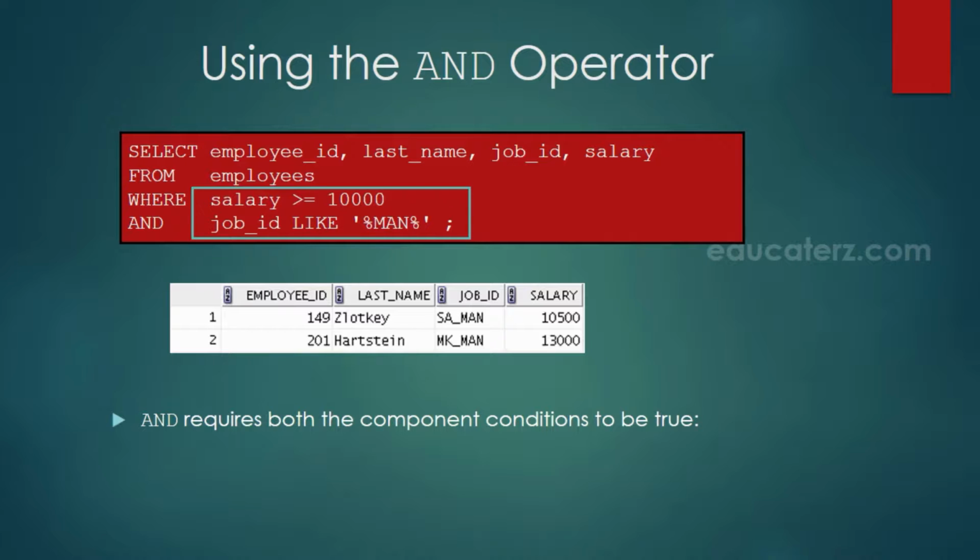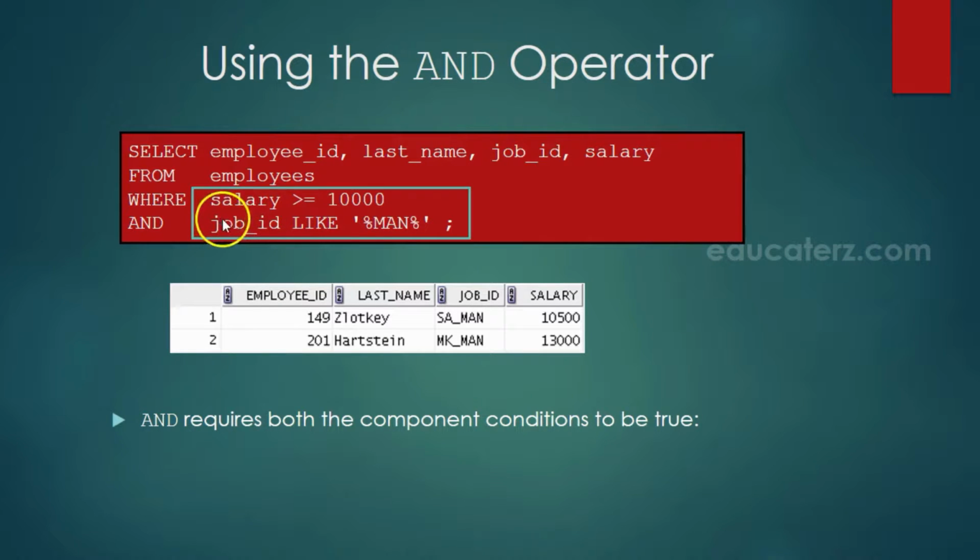Say, for example, salesman, marketing man, something like that. If you want to display that, you write a query like this: select employee ID, last name, job ID, salary from employees where salary is greater than or equal to 10,000 and job ID like this one.